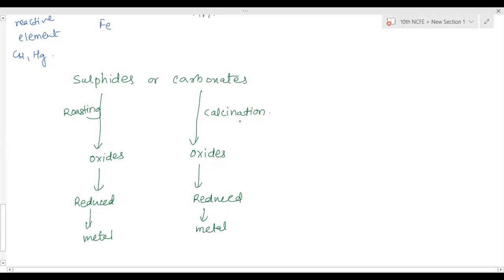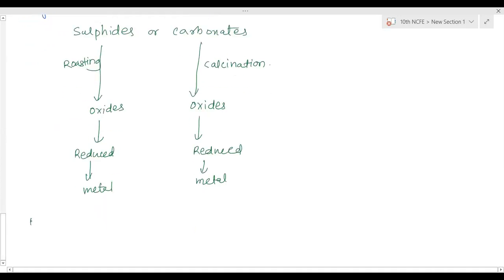So roasting and calcination, what is the difference between them? What are these processes actually? Roasting is just like when we roast food items, dry roasting. We are strongly heating the substance. Peanuts and dry fruits are roasted: we keep them in a pan and heat them strongly. That is roasting. And here also roasting has the same meaning. Only thing is, in presence of excess oxygen we are roasting, and here a chemical process takes place.